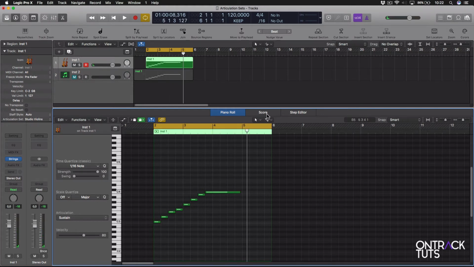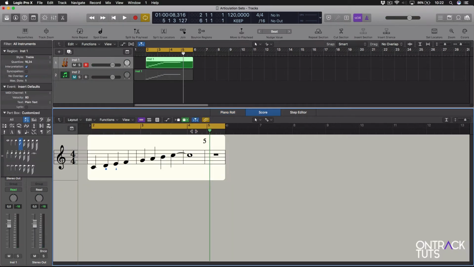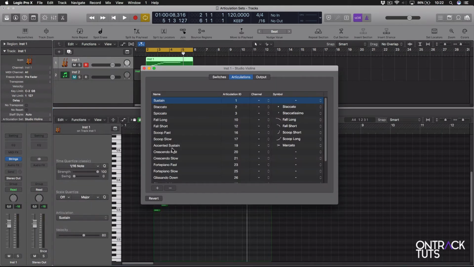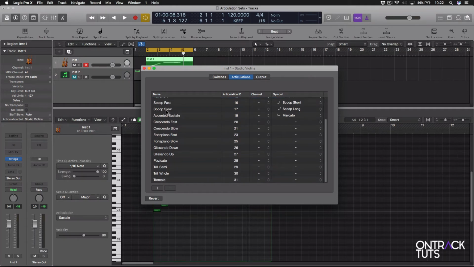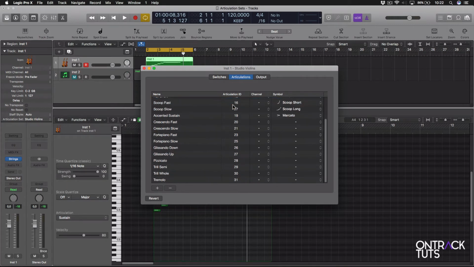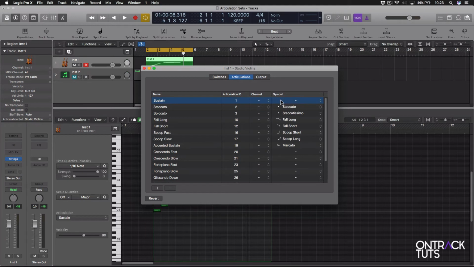So now if you go across to the score editor, it's a lot neater. Plus, it shows the different symbols for the different articulations. Now you're probably wondering, where do you get this? Well, if you go into the articulation set editor, here it shows you all the different articulations for the instrument. Each of these are set to an articulation ID. Then here you can see you can set the score notation symbols for them, and these will show up in